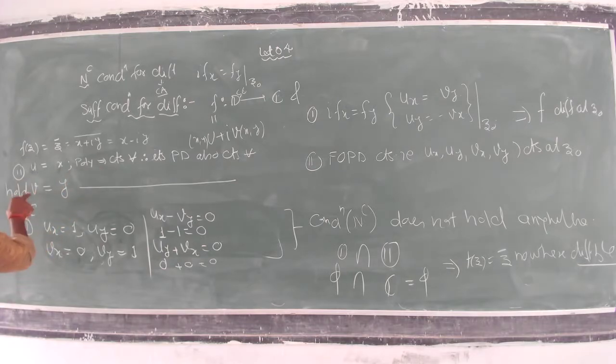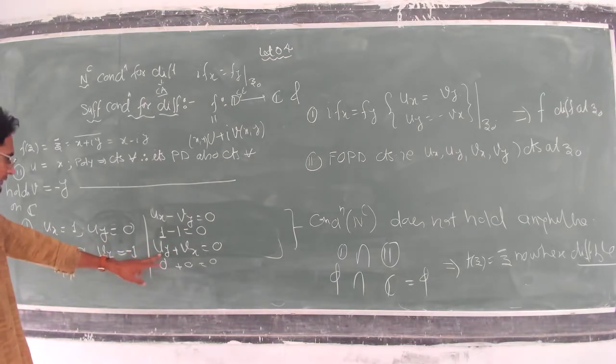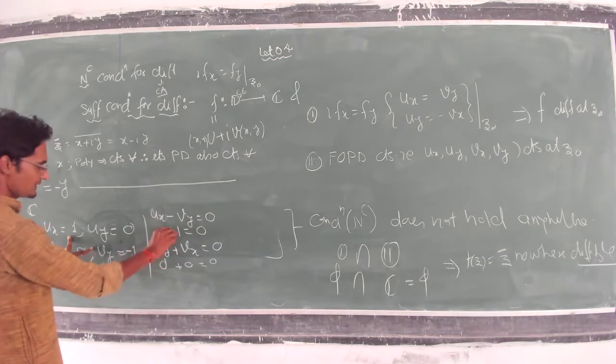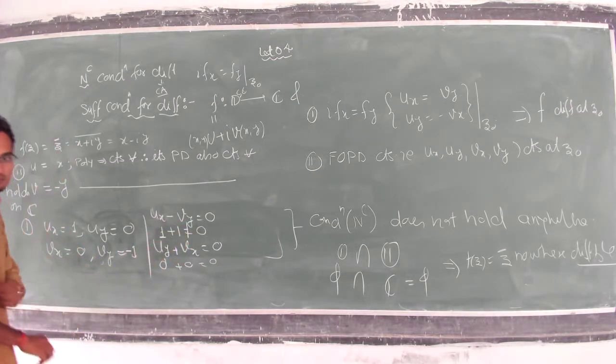Oh, so your v equal to minus y. Sorry. Right? Then minus x minus iota y. So v will be minus y, so vy will be minus 1. Okay? So uy plus vx. Okay, alright. Ux is equal to vy, plus, so this will be plus 1, which is not 0. 1 plus 1 will be 2. Will 2 be 0 somewhere? No. No. Okay.